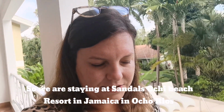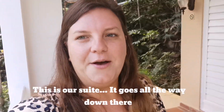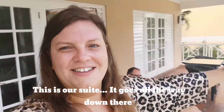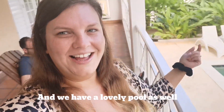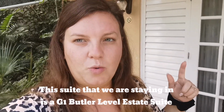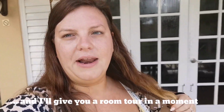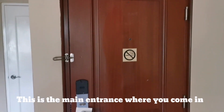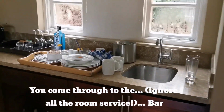So we are staying at Sandals Ochi Beach Resort in Jamaica in Ocho Rios. This is our suite, and it goes all the way down there, and we have a lovely pool as well. This suite that we're staying in is a G1 Butler level estate suite, and I'll give you a room tour in a moment. So this is the main entrance where you come in, and you come straight in to